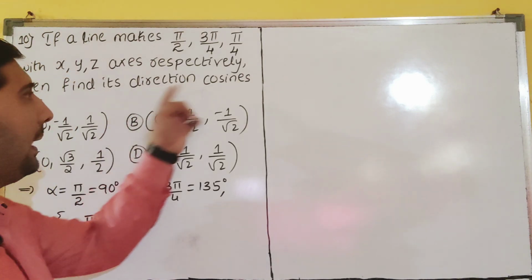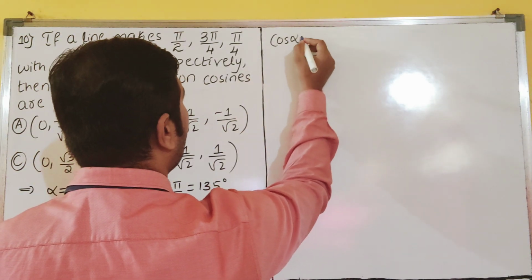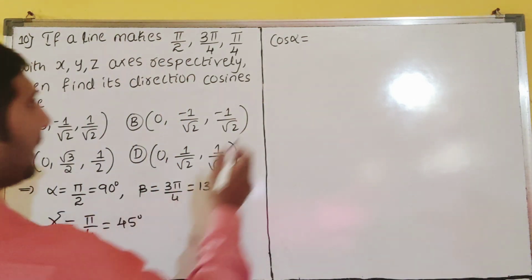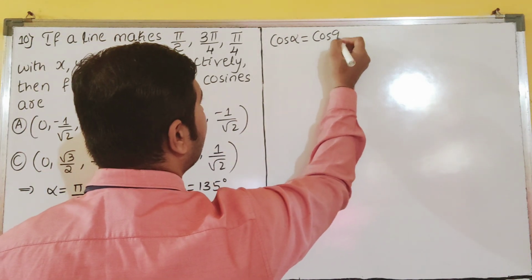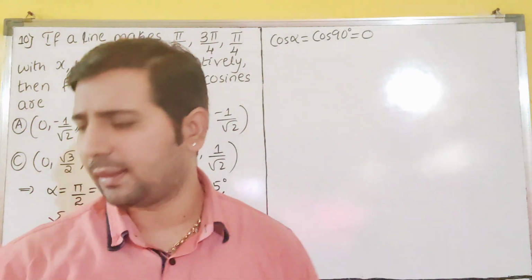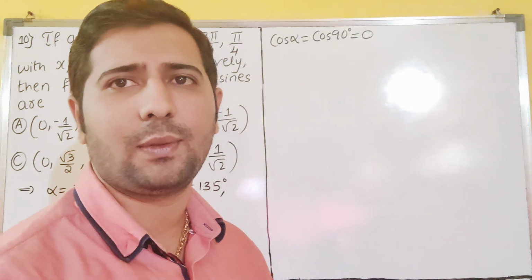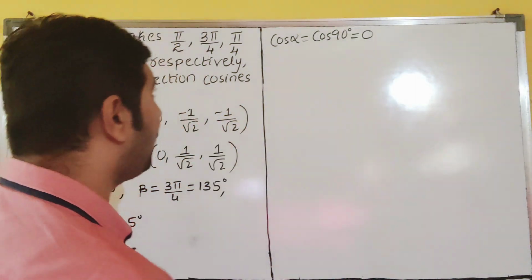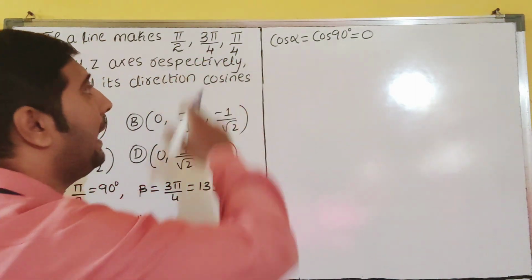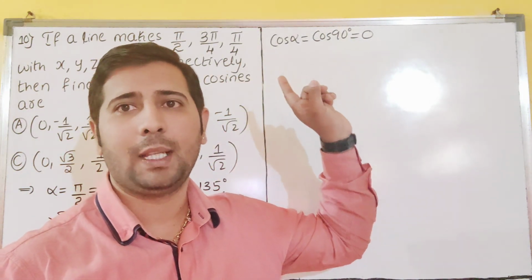So I have to find here the direction cosines. So apply cos for this. Cos alpha is how much? Cos 90. Cos 90 is 0. I think we have just now done a similar problem, the 6th question it is matching, dear students. 6th question same to same we have done. Just they are given in radians here. They are given in degrees in the 6th question.